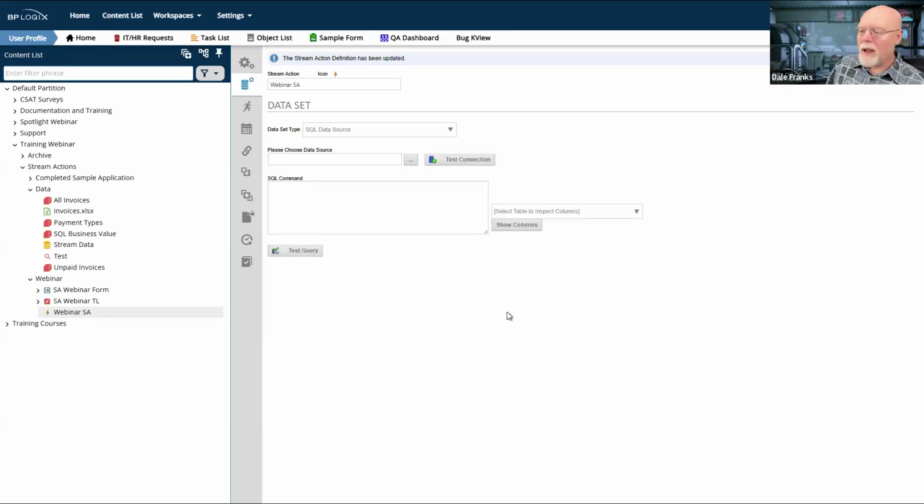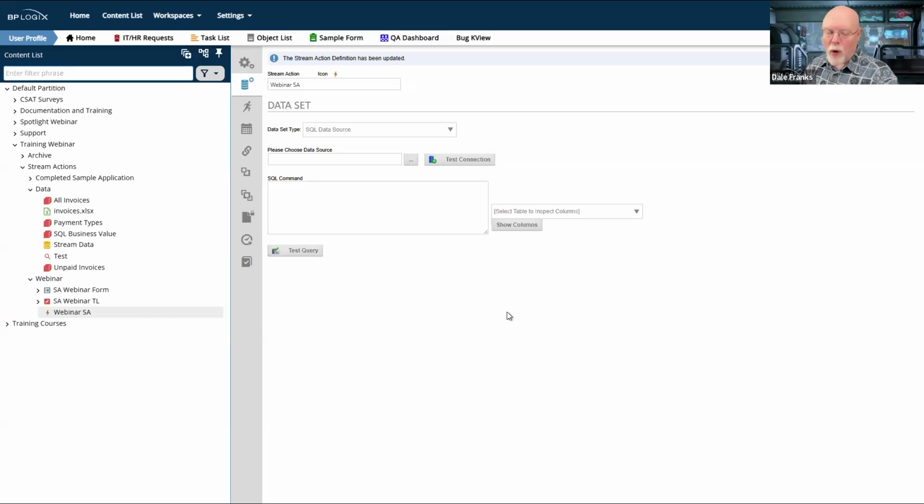However, I don't need to use a data source. Stream actions, if I select SQL data source, enable me to create kind of my own business value right here in the stream action.